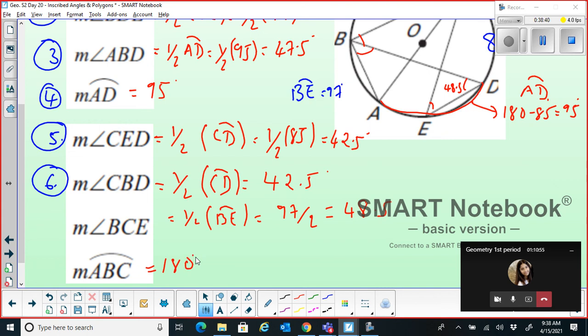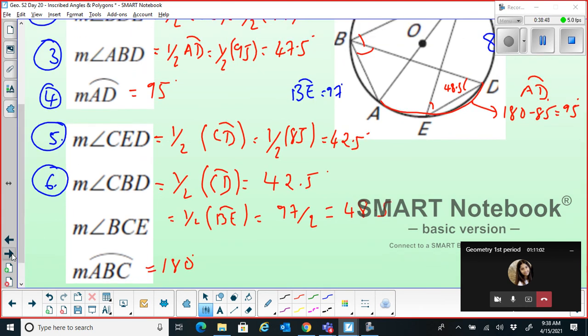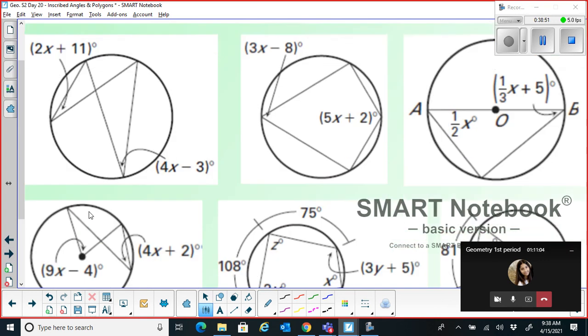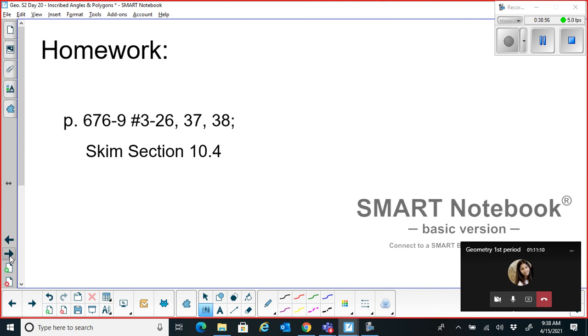Okay, there are some more problems in the next slide, but I think I should give you some time to work and practice these kinds of problems on your own, and we can see this particular slide in the next class. I want you all to go ahead, log in to Hub. I haven't posted this on Hub yet, so just get started with this particular homework and skip through section 10.4. We will continue from here in the next class period. So work asynchronously on these problems. If you have any questions, doubts, or need any clarification, use chat or you can unmute and speak. Okay, you have the rest of the class time to work asynchronously.